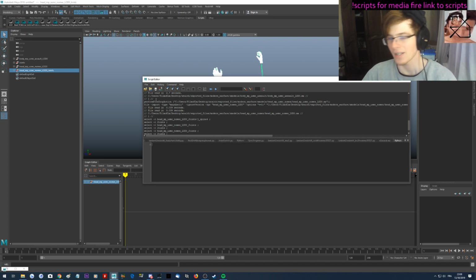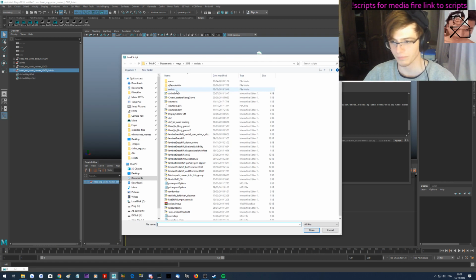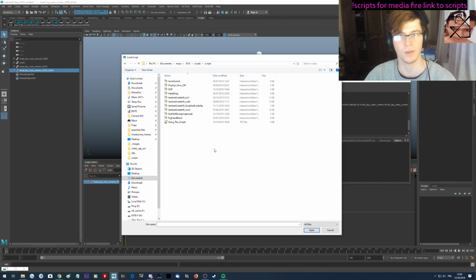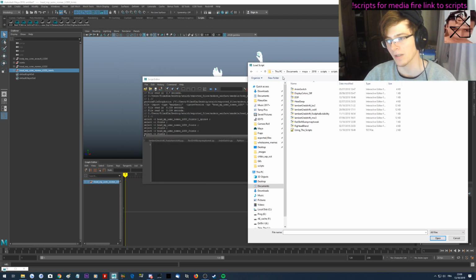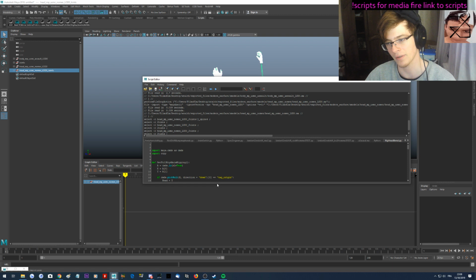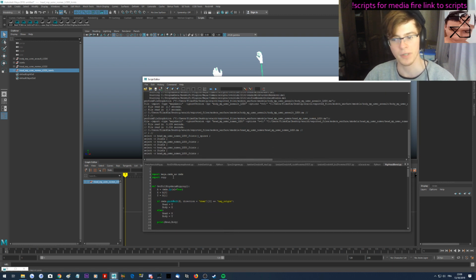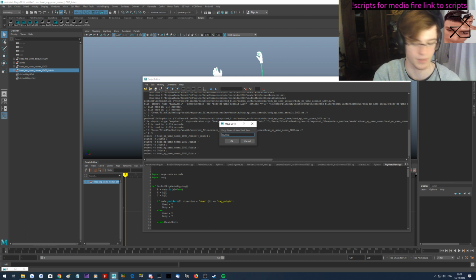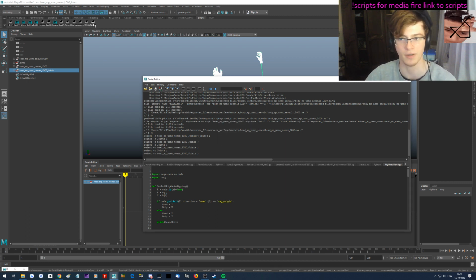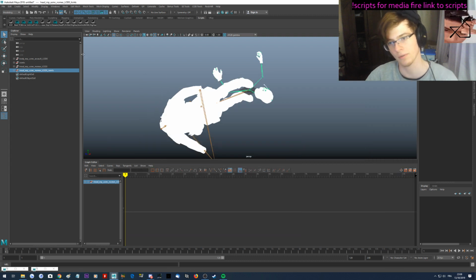Oh. So you go there, file, open script, scripts. So that's what my folder is looking like. And the script I'm going to be using first is the script named rig head blend. So you double click it, you have it there. Now what you can do is go file, save script to shelf, like this. You name it rig head, I don't know, and it appears here. I already have it because I did that before, but it appears here and it's a shortcut, easier than opening